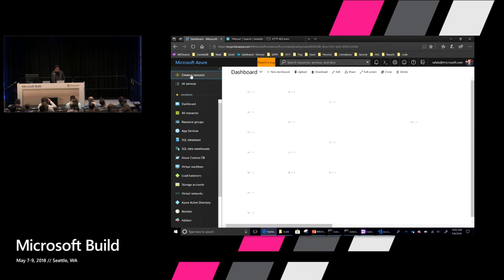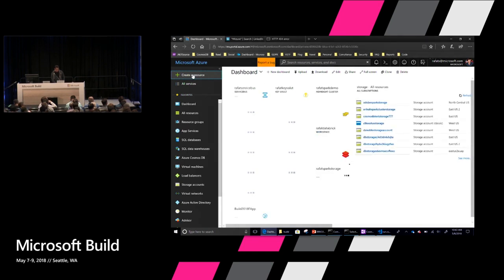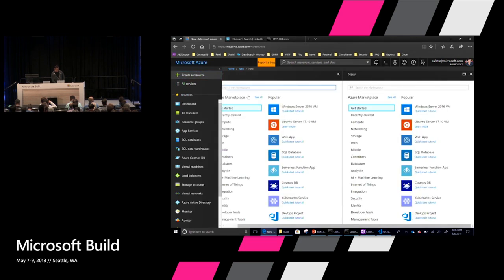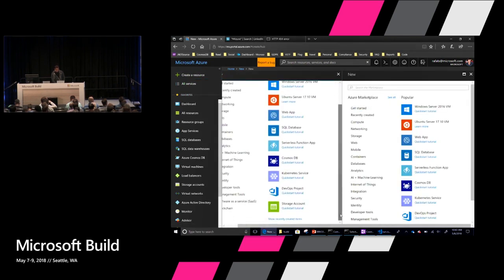Now, to create a function in the portal, you click on this create a resource. And that's why I tried to open it before, because it takes some time, and everybody waiting on this is not a good idea. So here we can start writing a function, but before that we have to create a